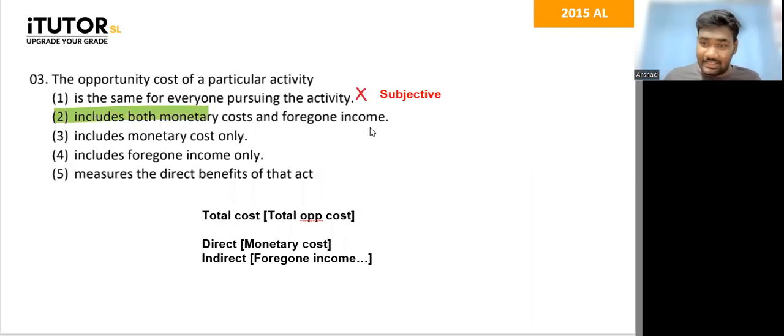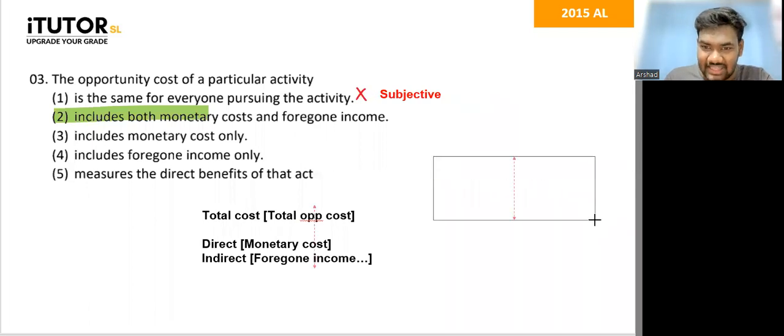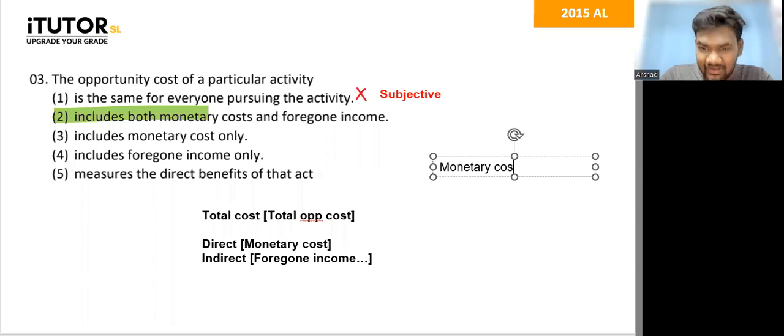Now, for example, let me tell you, right? Let's talk about this activity, my current class. Because of my current class that I am doing, can you all give me some of my monetary costs? Trade-off, I'll come to that, guys. There is a question on that, an A-level question. I'll come to that trade-off opportunity cost part. Can you give me a few monetary costs, guys? Because I'm doing this class, some costs.